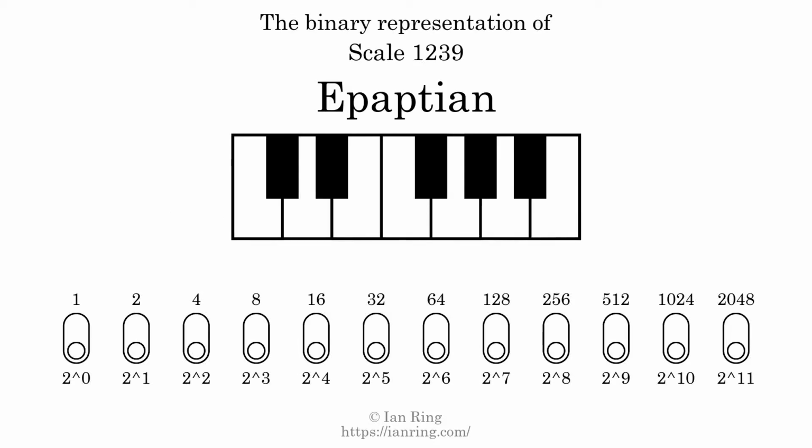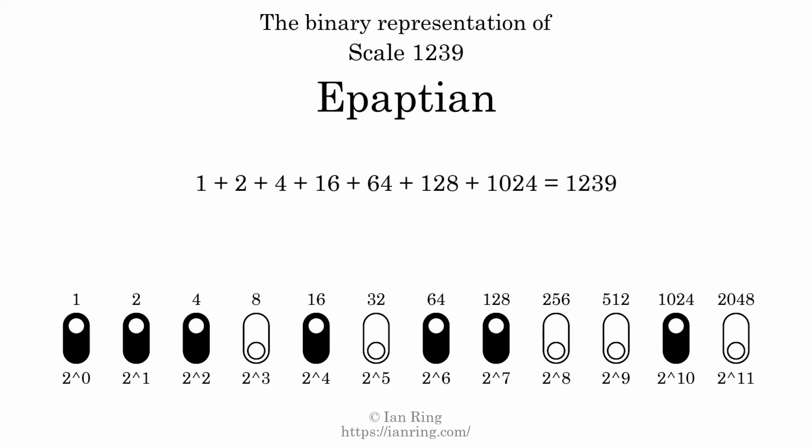The binary representation of this scale is determined by mapping tones of the scale to binary digits. Each binary digit represents a power of 2. To get the scale number, we add the powers of 2 together. The powers of 2 that are present in the scale, all added together, equals 1239. That is why the scale number, in decimal, is